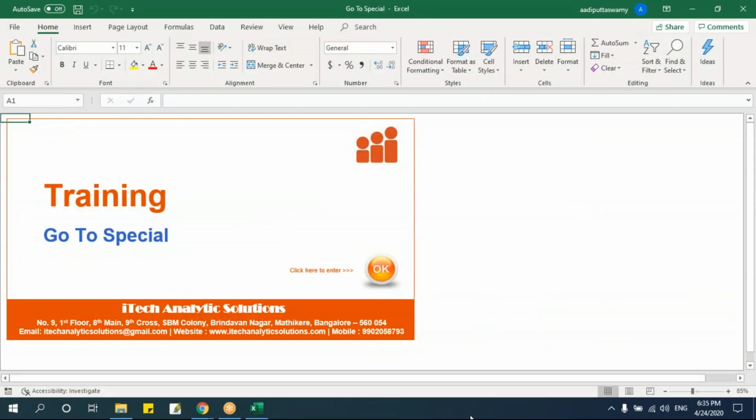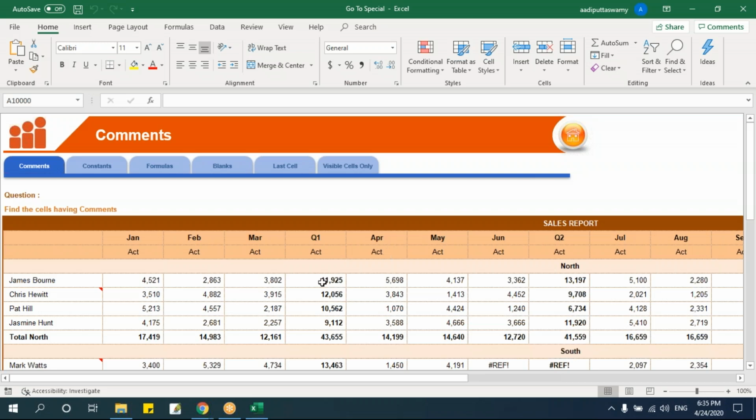Paste Special means what? We have seen this in our previous session. I'll copy some data. While pasting, I'll not say Control C, Control V. I will go to the Paste Special options, and I have so many options there to paste. I can paste it as values, I can paste it as formats, column width, so many different ways. Similarly, Go To Special is for selection. I'm trying to select the cells. Let's say I want to select only blank values, or I want to select only text, or I want to select only formulas. In that case, I can use this Go To Special option.